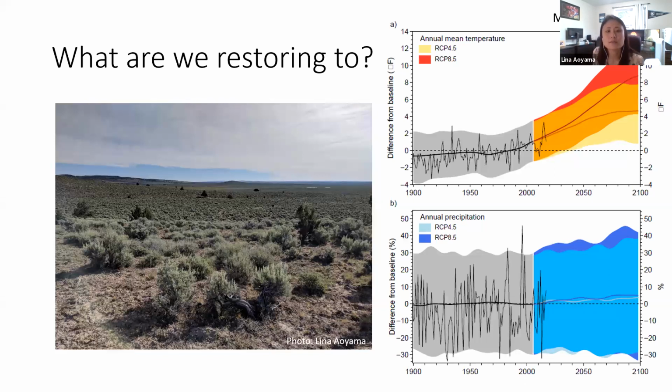The two figures on the right are borrowed from the 4th Oregon Climate Assessment Report published in 2019. The top figure shows a projected increase in mean annual temperature over time, and the bottom figure shows an increase in the variability of annual precipitation over time. This means that severe drought like the one we experienced this summer is likely to occur more frequently in the